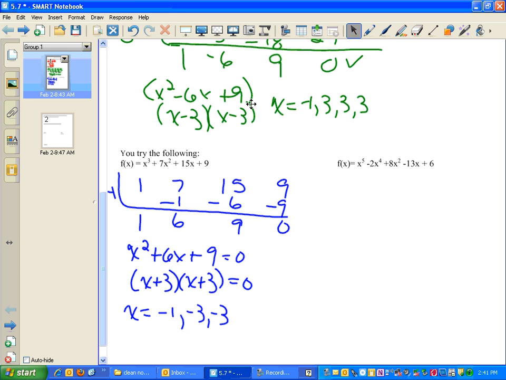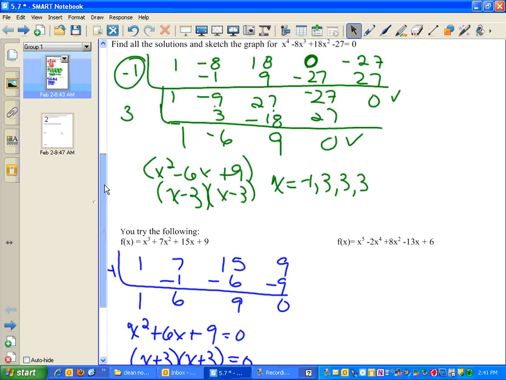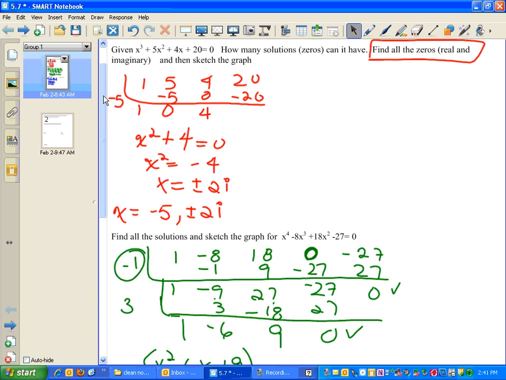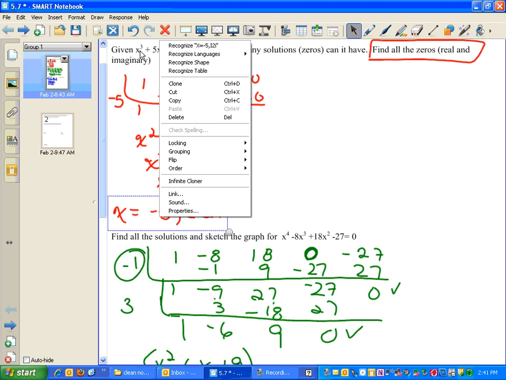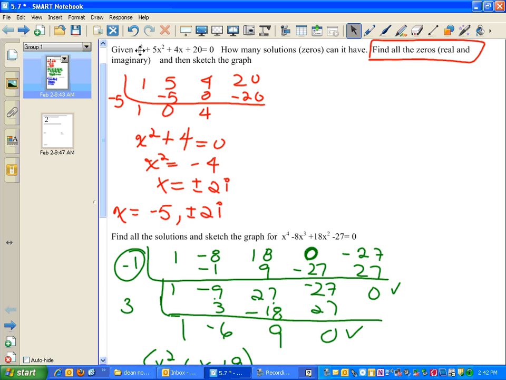You agree that your roots are appearing multiple times now? Okay? So here's what we're going to do. The first one, the only thing that's weird about this is that we have our i's. Now, we said we would get 3 roots because that's what the degree is. And we truly do have 3 roots, don't we? We have -5, which is our only real root, and we have plus and minus 2i, which we can't graph, correct? Okay? So, graphically, we know -5 is where it crosses the x-axis, and the y-axis,